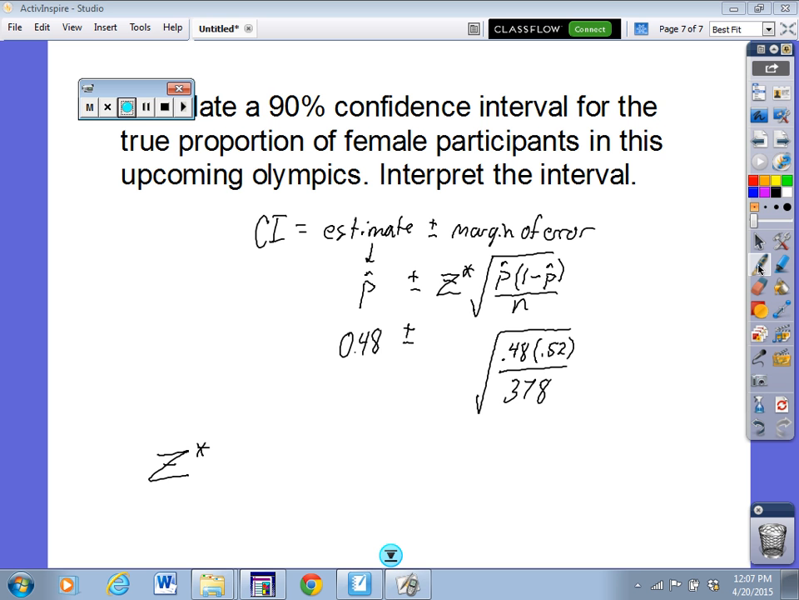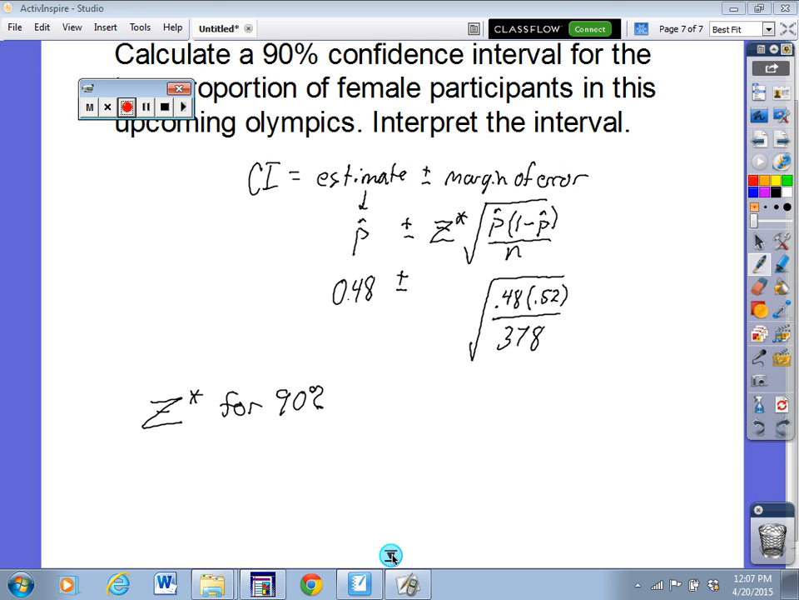So if I want to know the Z star for 90% confidence, that means that I want 90% of the curve to be used, assuming centering the curve now at my estimate. So now I've moved my curve from the null value up, and I want 90% of that to be captured with this interval. If it were 95%, my Z star would be 2, because I need 2 standard deviations on either side. For 90%, I need less than that. So you look in your table,